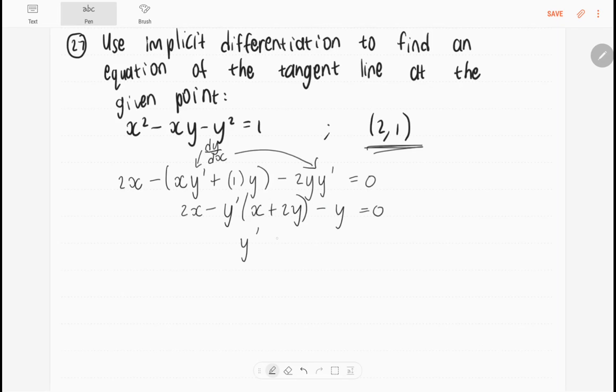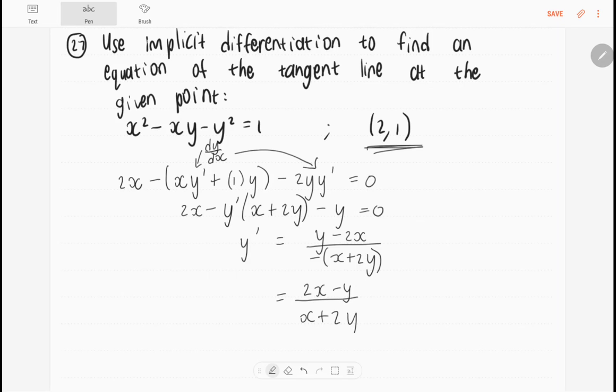So y prime is going to equal y minus 2x over minus x plus 2y. And that I can just rewrite by multiplying by minus 1 over minus 1 as 2x minus y over